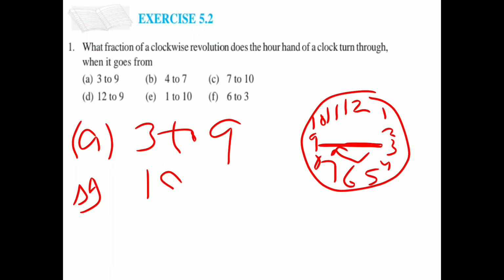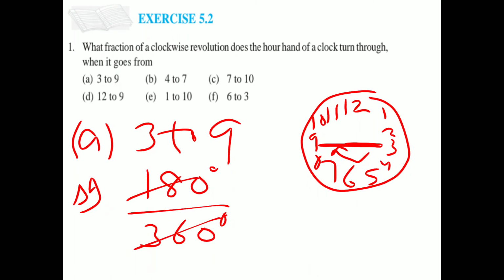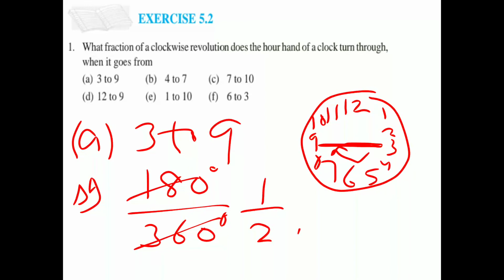So we divide 180 degree by complete revolution, because fraction, how do we write a fraction? The value which we require we write up, and the total we write down. So total in the revolution is 360 degrees. So 180 degree we have to divide by 360 degree. If I divide, the answer comes 1 by 2. So the fraction answer is 1 by 2. Like this manner you do.